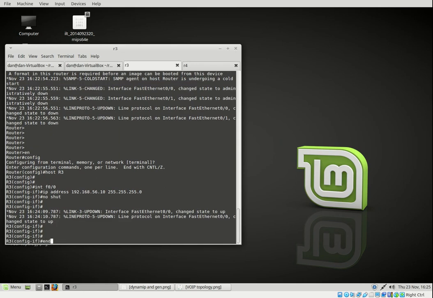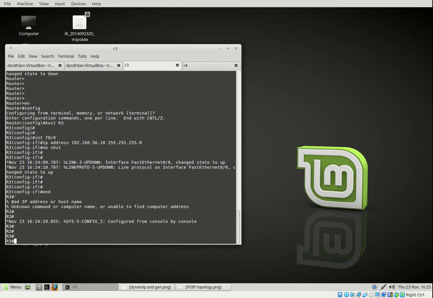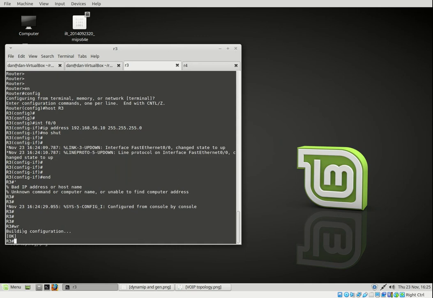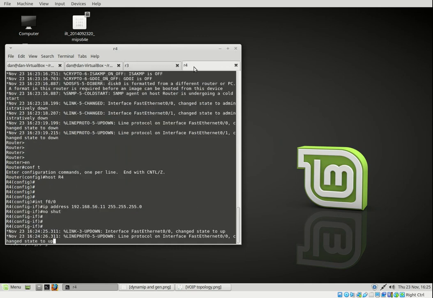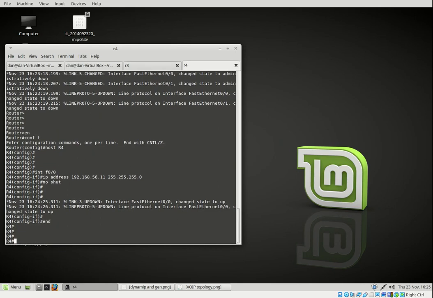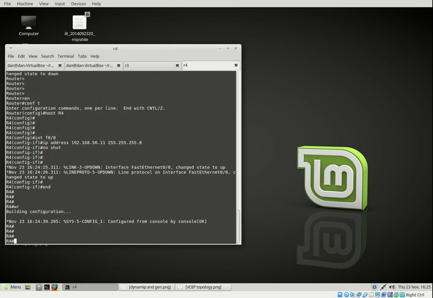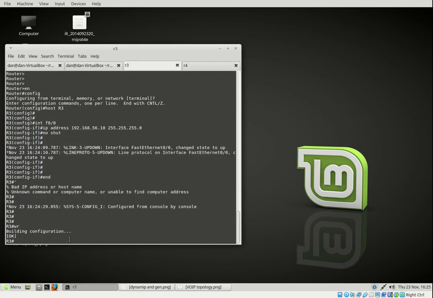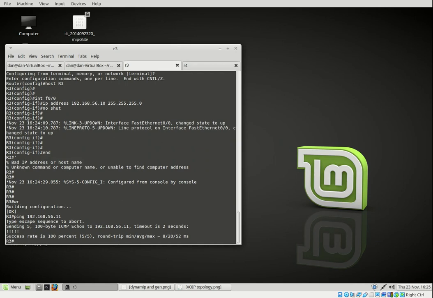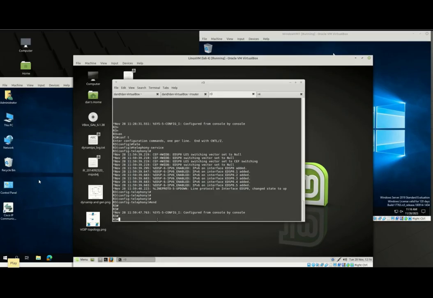Okay, so after you configure the interface, you should put this WR command to save your configuration. Okay. To test connectivity, you should be able to ping your router 4 from here. So 11. Yep, the connection is fine. Okay, so after we have the connection,